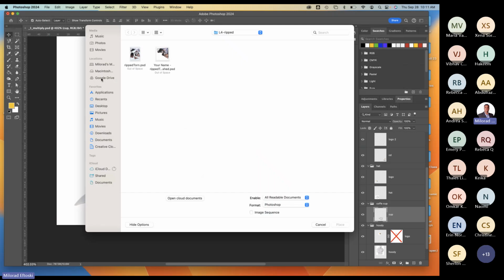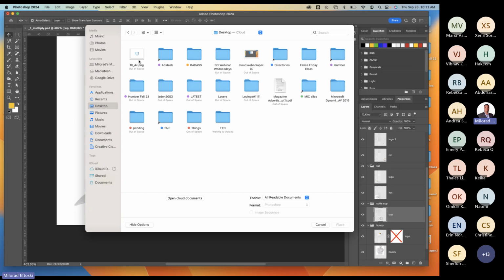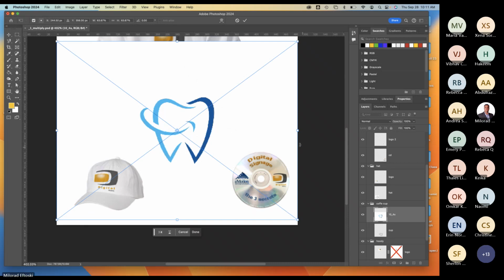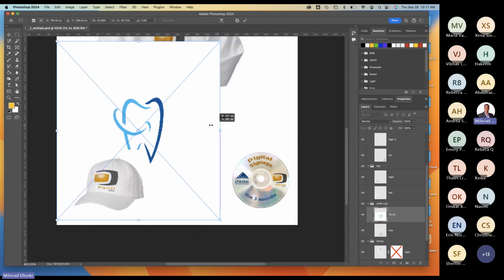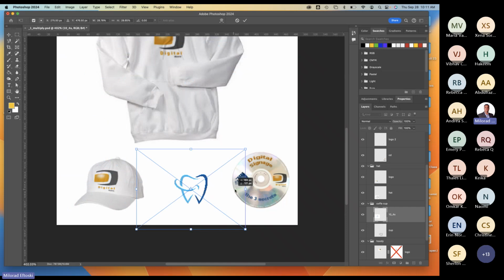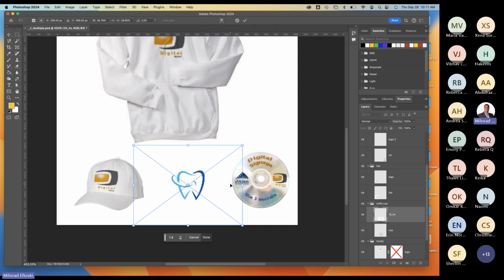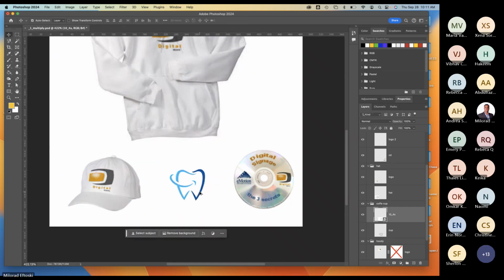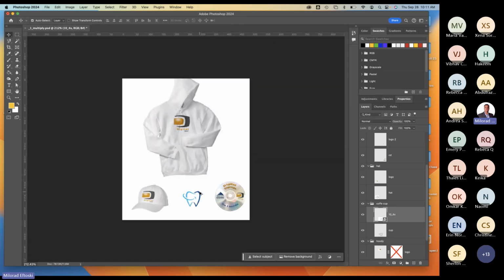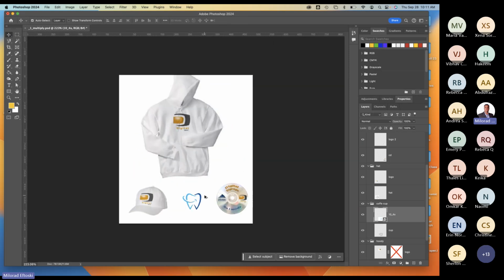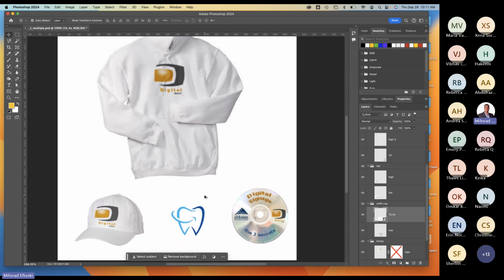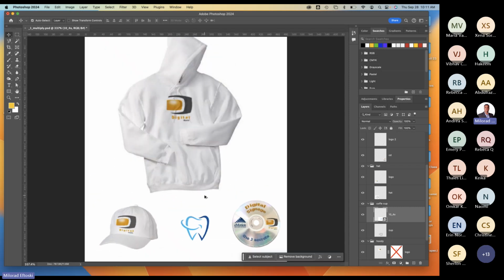And I go to the desktop. I'm going to select the dental image here, the logo. It's a PNG file. Place. I'm going to resize it and place it right here. Press enter. Now notice how it's very pixely. That's because the resolution of this image is pixely. There's ways you can control that by increasing it and decreasing it, but this is basically what the logo looks